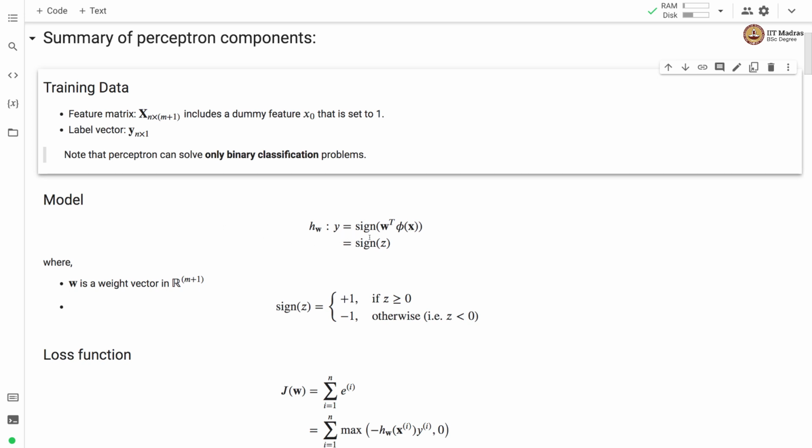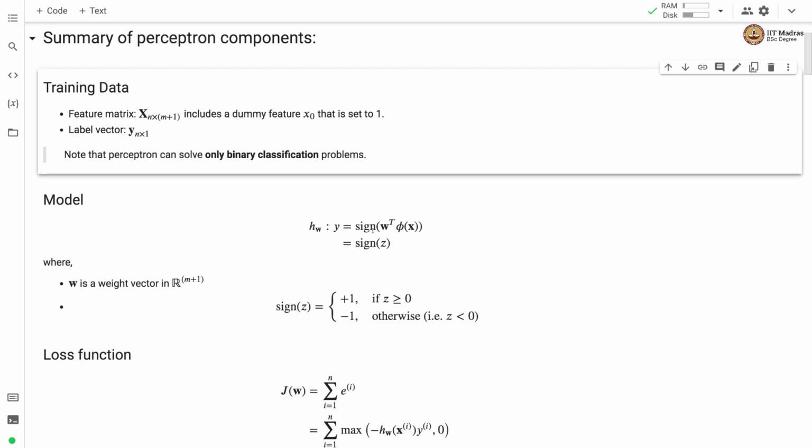Perceptron uses the model where it uses a nonlinear activation function, which is a sign function on the linear combination of the features. So phi of x is some kind of a feature transformation which is multiplied by the weight vector, and we take the sign of this linear combination of the features and assign that value to the label.